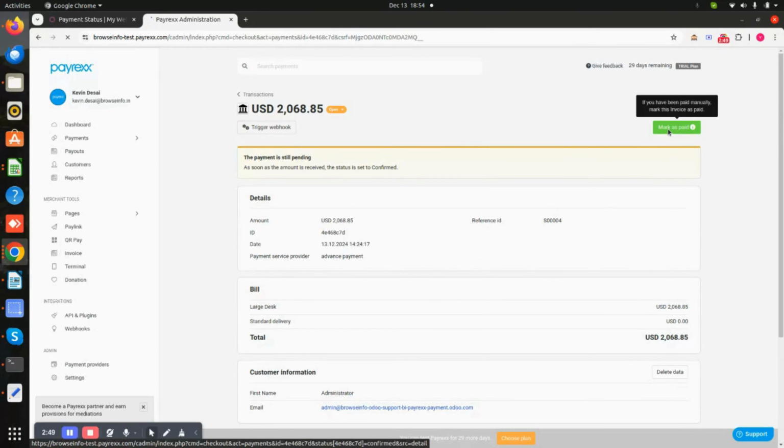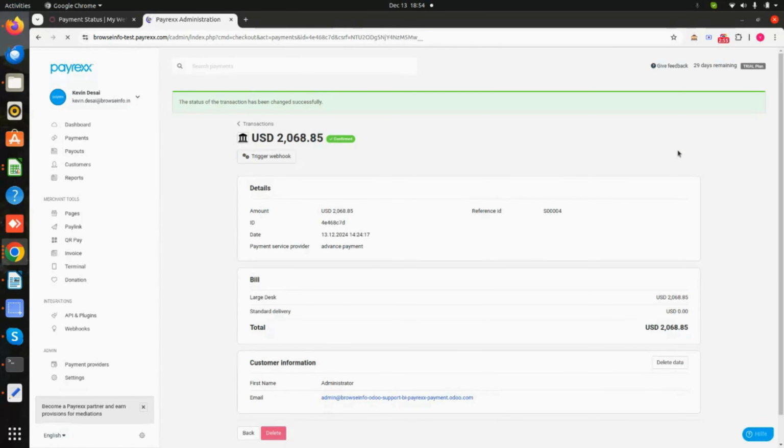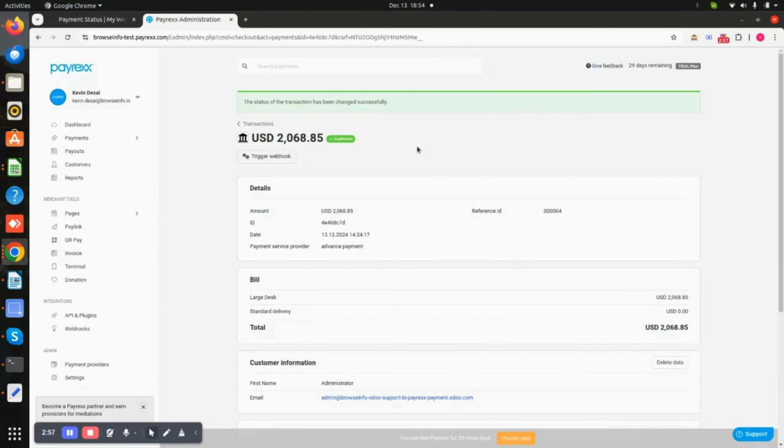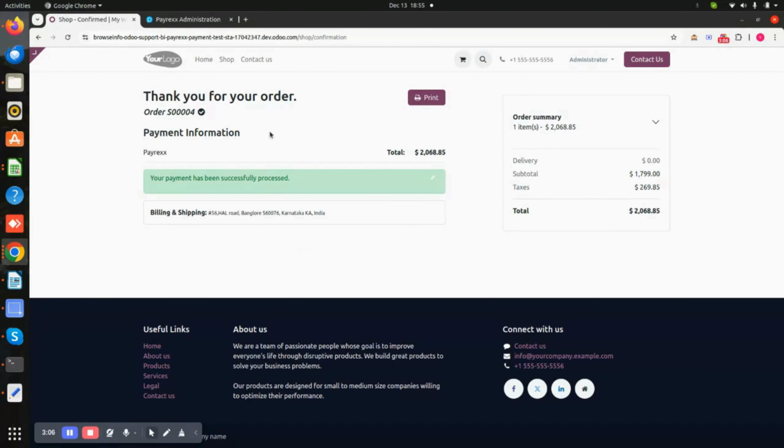After clicking this mark as paid, and once this is confirmed, only then in Odoo the amount gets confirmed and the order gets confirmed. So here you can see this is confirmed with all this information, and the status of the transaction has been changed successfully. So I'll just come to Odoo. You can see thank you for your order and your payment has been successfully processed. So this gets processed successfully once the confirmation is provided by the Payrex team, and you can just click on